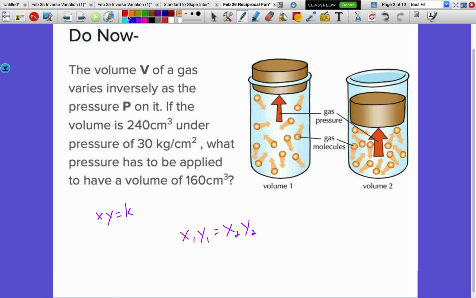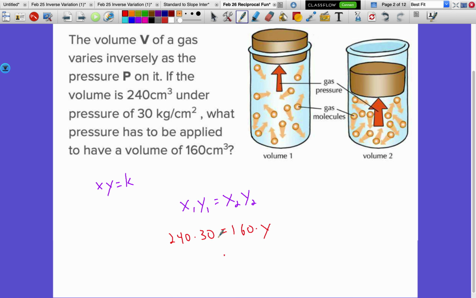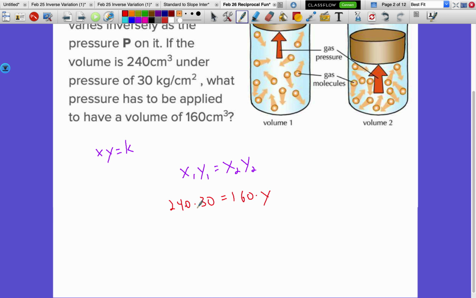All right, and now fill in what we have. So 240 times 30 equals 160 times our unknown. We don't even really have to be all that precise about where we put it in our variables because of the commutative property of multiplication, I just know that their products must be the same. All right, if I multiply 240 times 30, I get